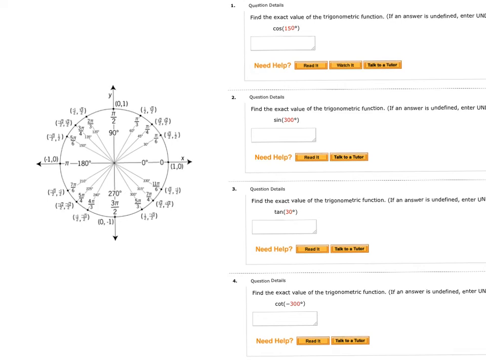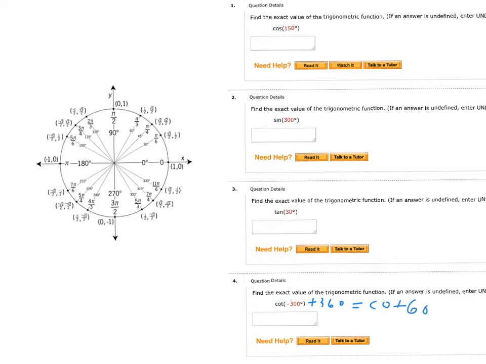All right, first four here are all kind of using the unit circle. So I'm going to go ahead and do number 4. So this one, it says cotangent of negative 330. Now, or sorry, negative 300. Whenever your angle is too big or too small to be on the unit circle, you always have to find a coterminal angle. So for this one, I'm going to add 360 to that, and I'm actually going to do